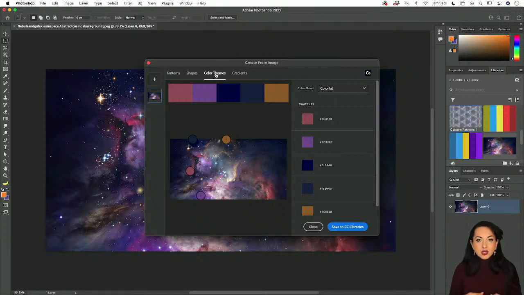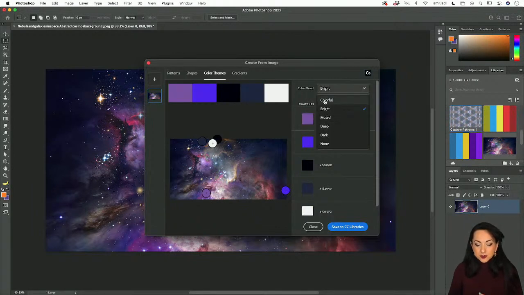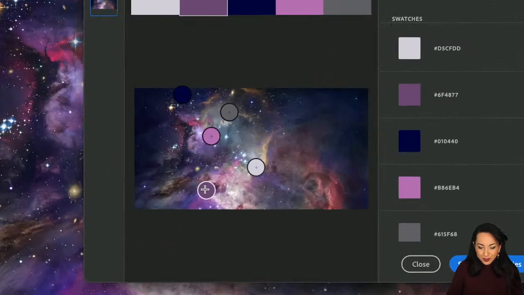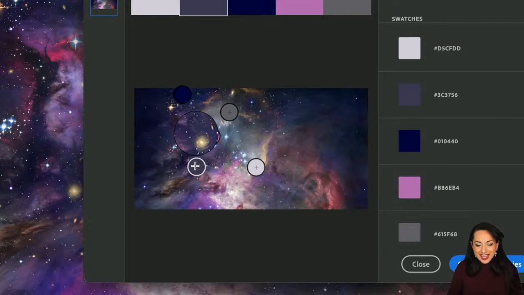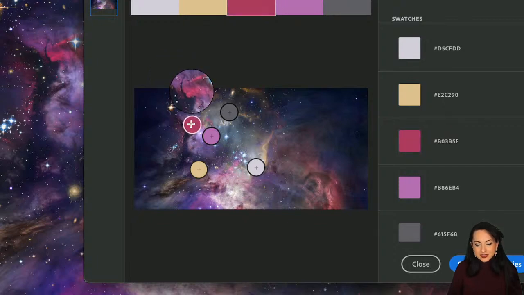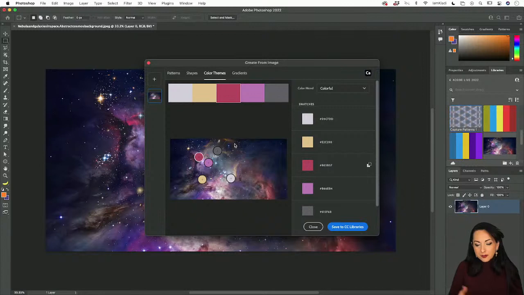So as you can see right away, by clicking on color themes, Adobe Capture and Create from Image will pull out the most prominent colors, but you can also change the mood of this color between bright and muted, and the selection will change. But the super cool thing is that you can actually move these different color pickers. You have access to 5 different colors, and you will see that it will zoom inside the image. Look how good the zoom is. Look at this galaxy. We can actually go ahead and try to select the color of the galaxy here, and the star, and whatever you want. You can literally go ahead and select the right color that is up to your preference,